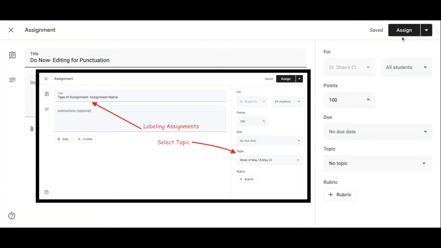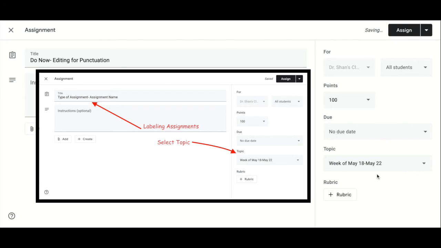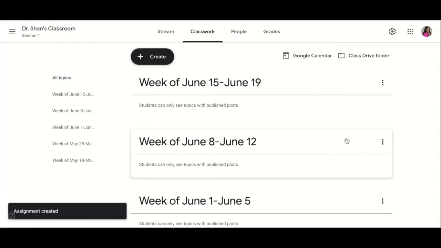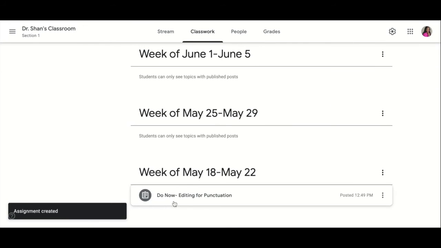Now, it's important before just clicking assign to put this assignment under the correct week. So assign points and a due date, or students and classes as you wish. But here is the key for organization, the topics. Let's put this in the week of May 18th to May 22nd, and then click Assign. When my Classwork tab reopens, I am able to see my Do Now assignment editing for punctuation under the correct